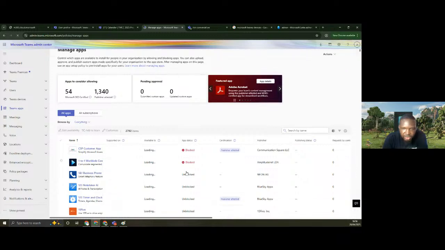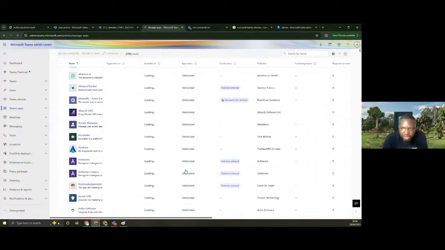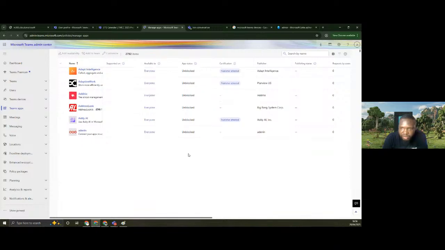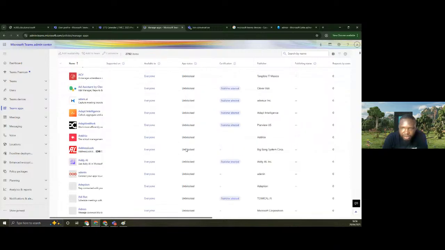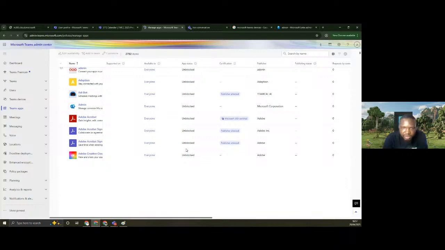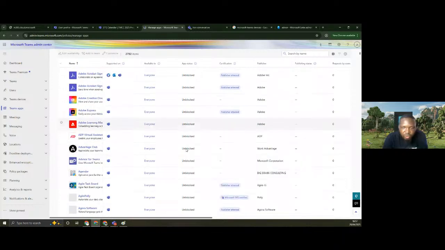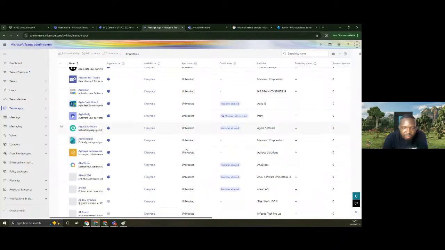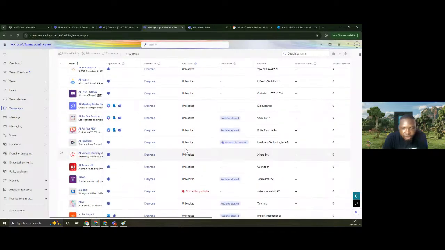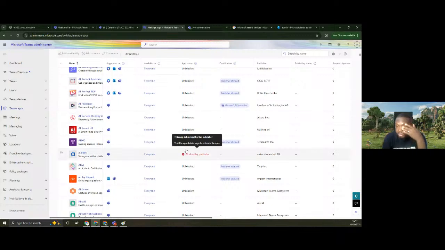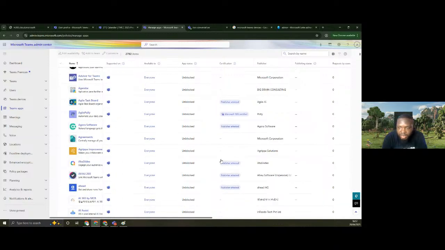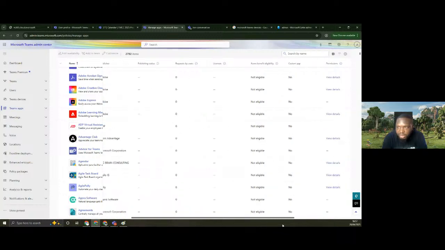Because of course you see all those applications, right? The ones that are published by Microsoft, the ones that are third-party applications, and the ones that are possibly custom apps. So what is the difference between Microsoft applications, custom applications, and third-party applications? Third-party applications are applications that are in existence, published by vendors that are not Microsoft, right?